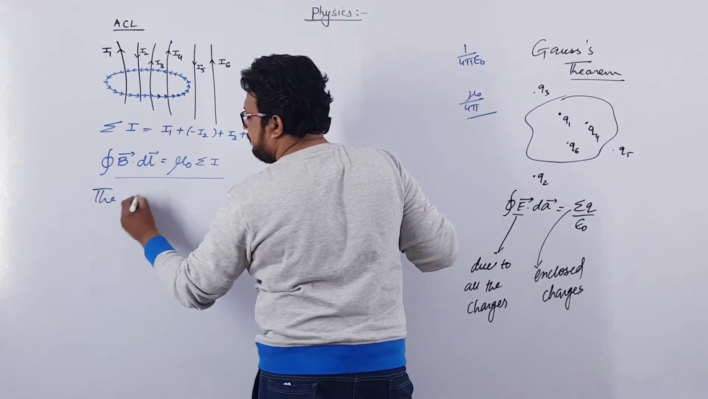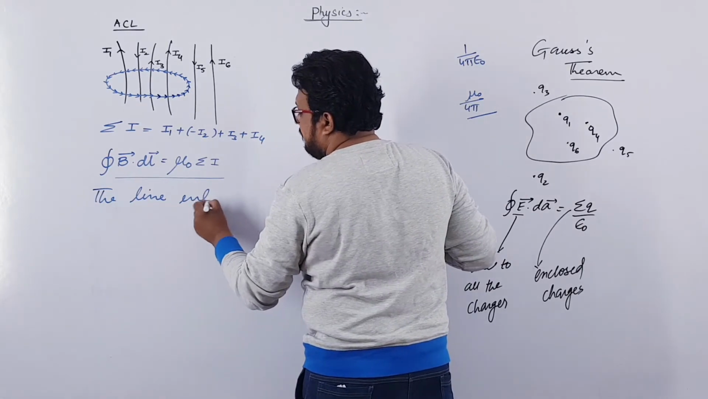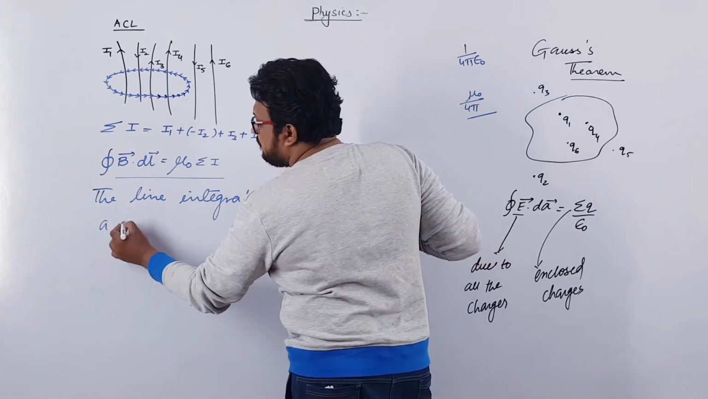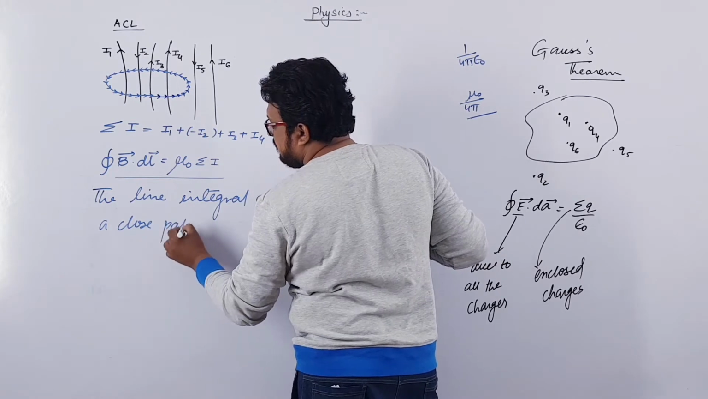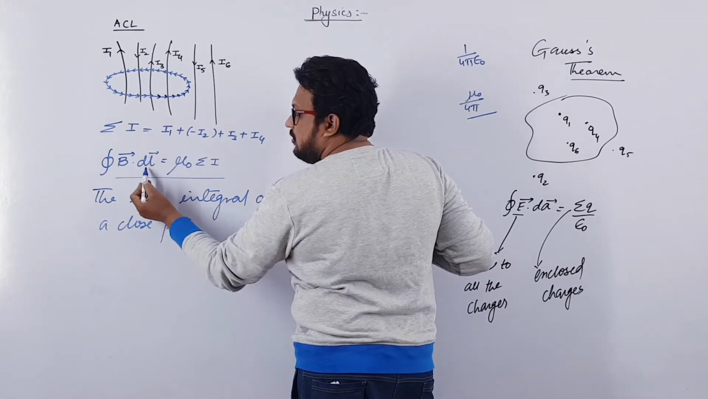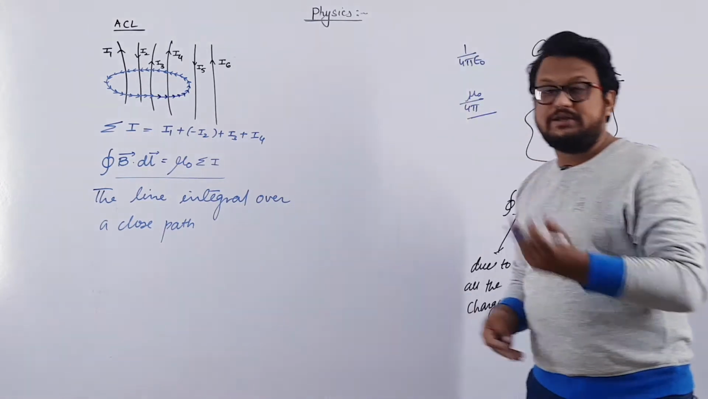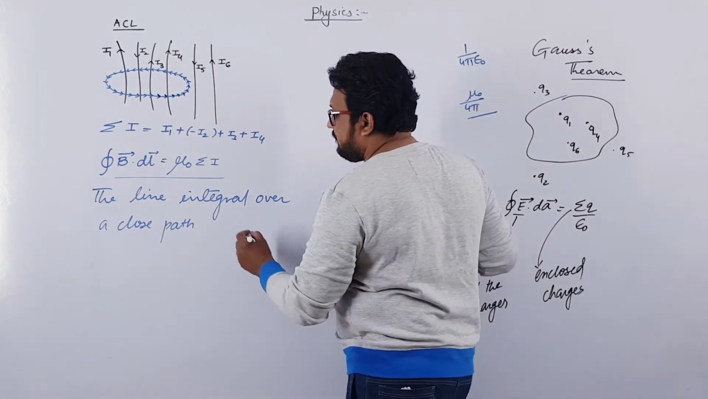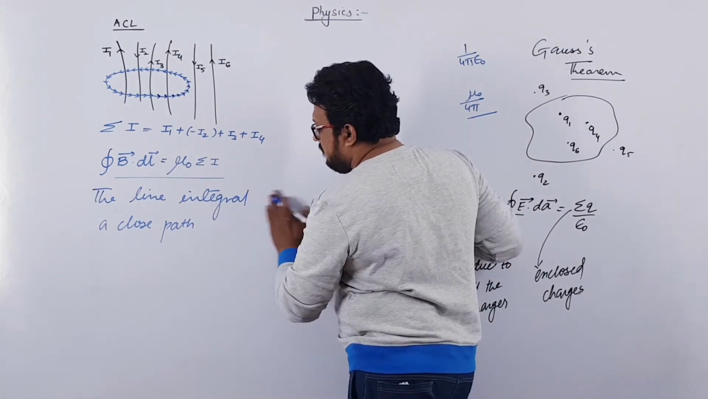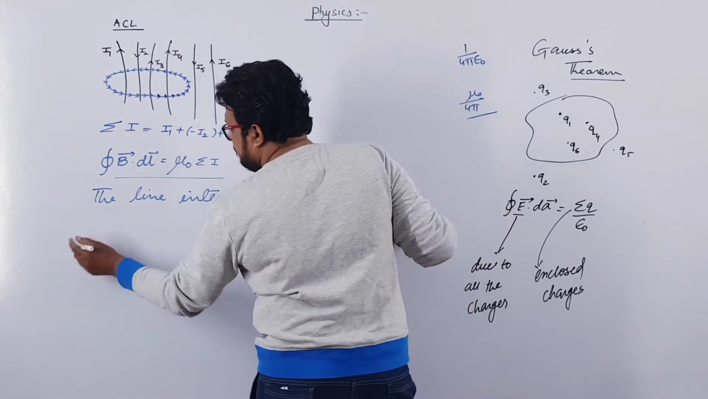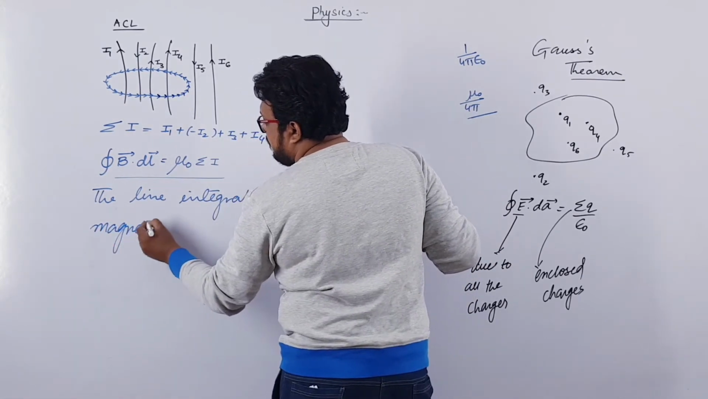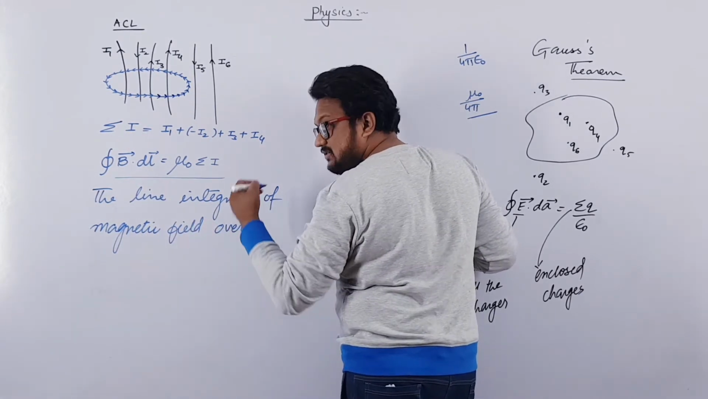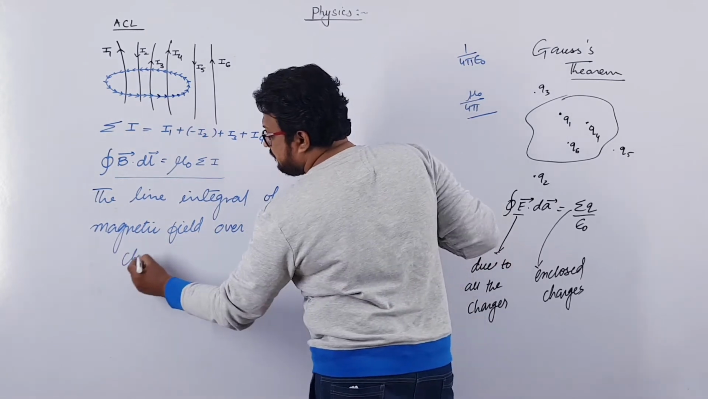So the line integral over a closed path. The line integral, line, because dl is there. If it is dA, then it is the surface integration, but here length is there, so it is the line integral over a closed path of magnetic field. The line integral of magnetic field, or magnetic induction, you can say, over a closed path